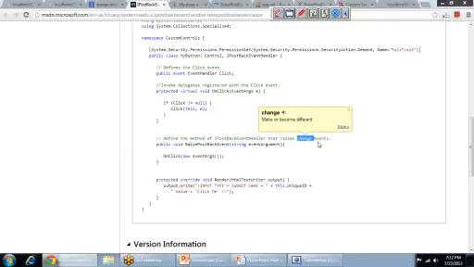So we are raising the change event, button click. Okay guys, I'll just figure it out later.